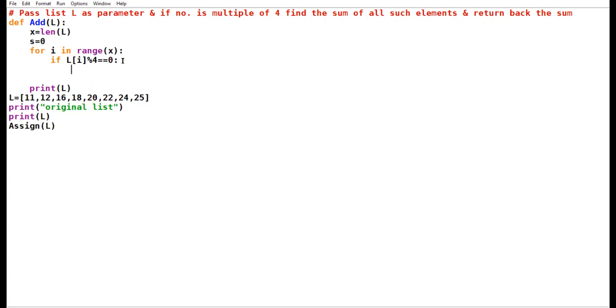So S plus equal to L of I. Now what does it mean? Sum will be calculated only for those elements which satisfy this condition.